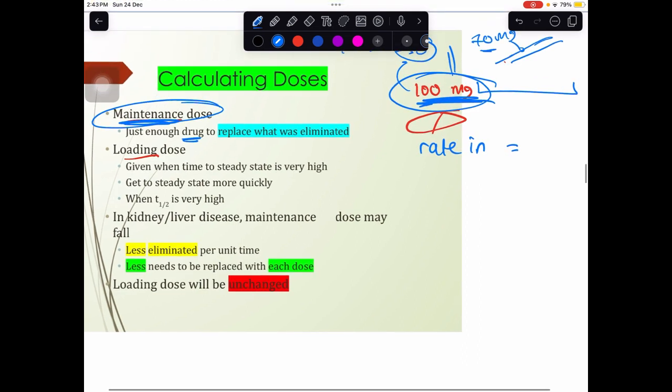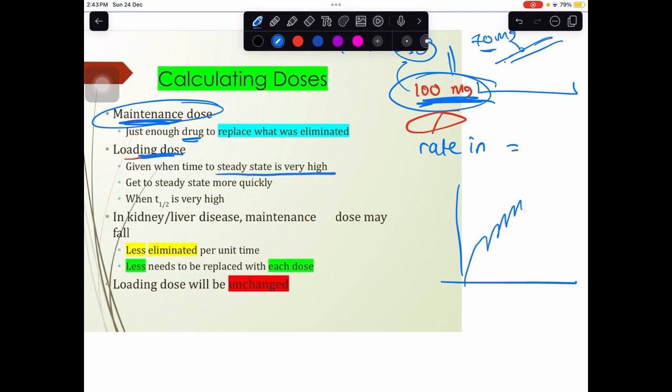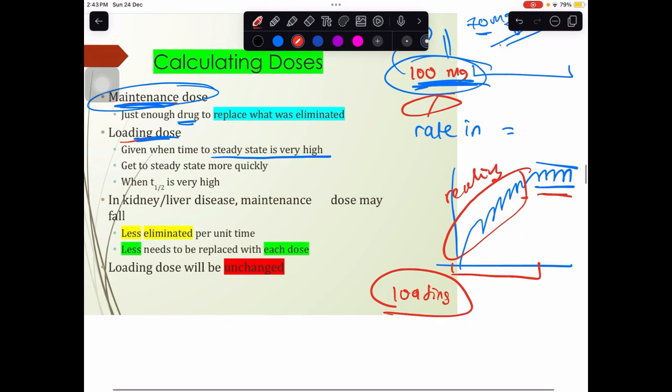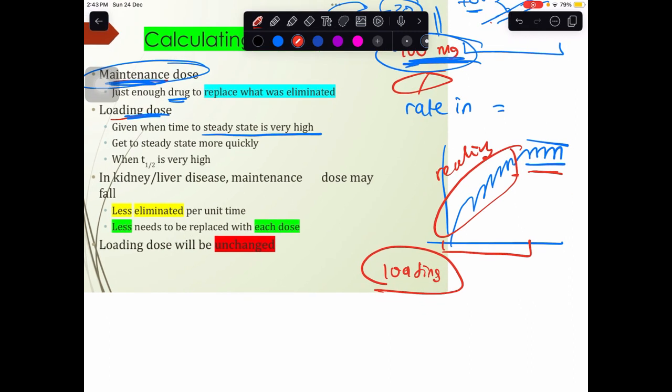Okay, the loading dose is what? The loading dose is basically given when the time to steady state is very high. So we mentioned here, sometimes it will take us so much time in order to reach the steady state. This is my steady state, and this is the reaching. So here they're telling you the loading dose is when I have so much time required for me in order to reach the steady state. For instance here, let's say, just an example, I need to take 3 pills in order to reach the steady state, and they tell you take the 3 pills every like 10 hours,